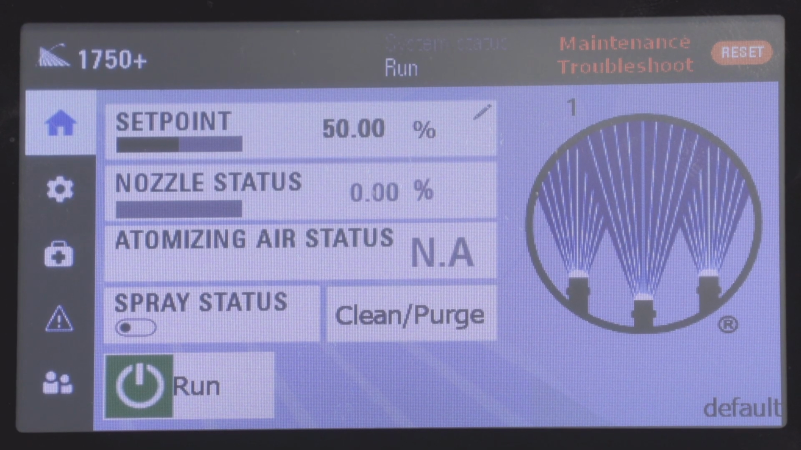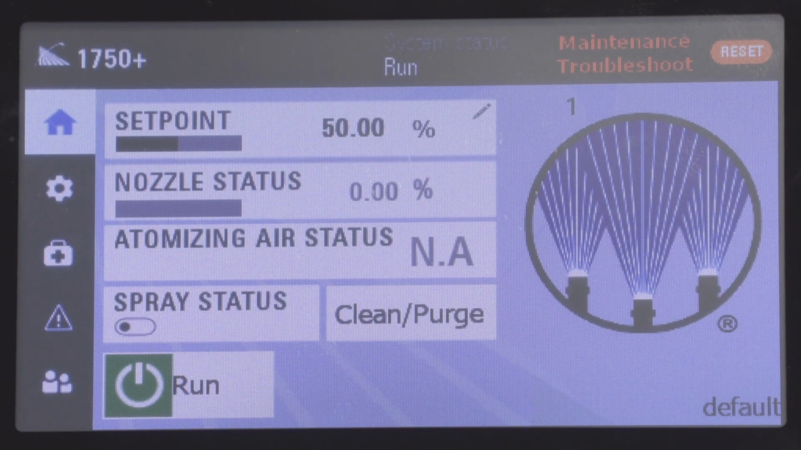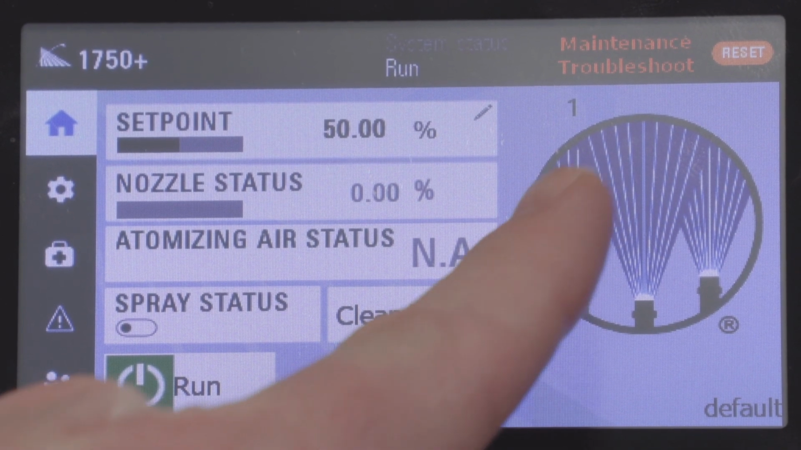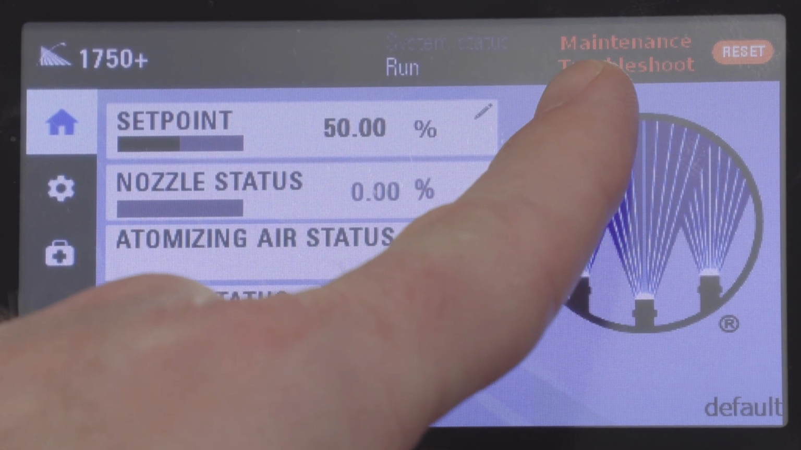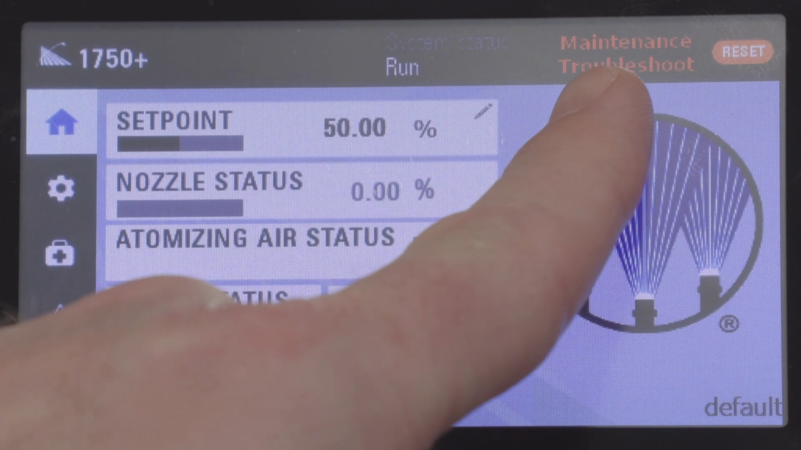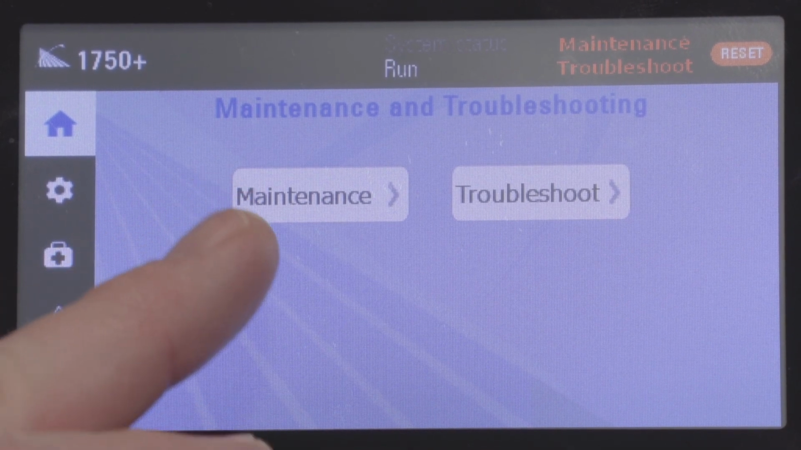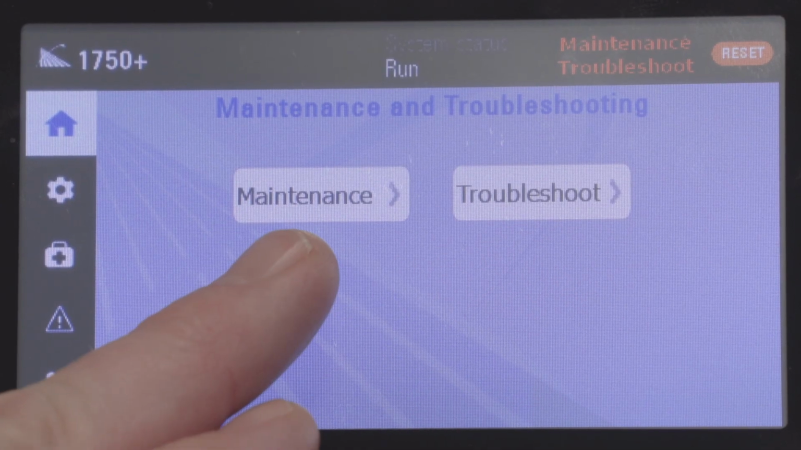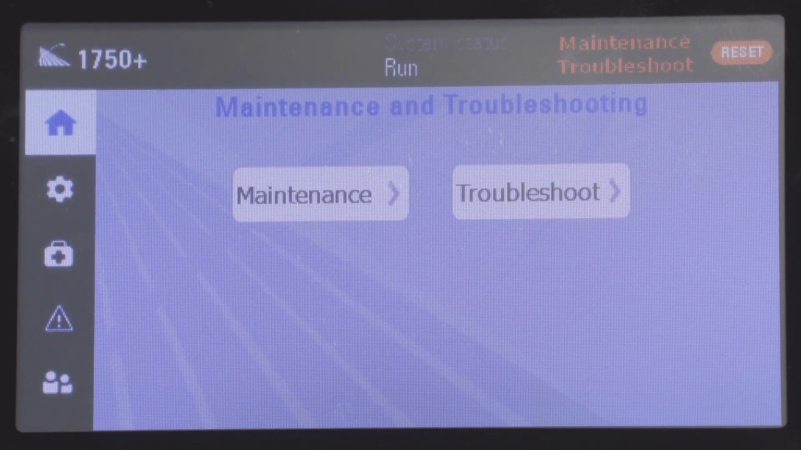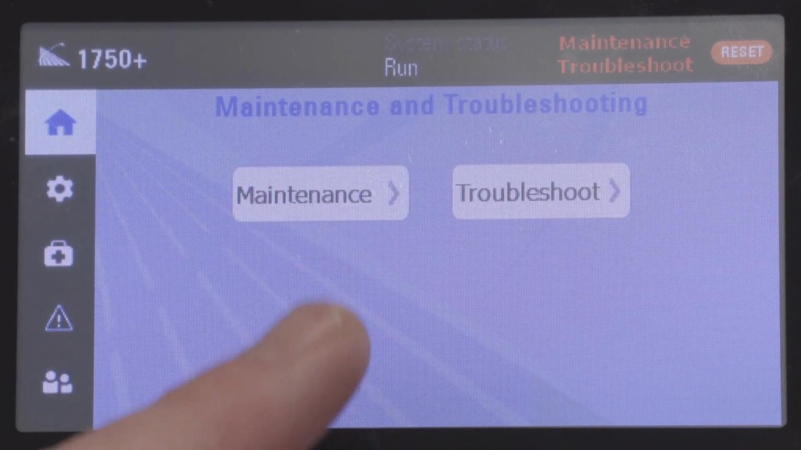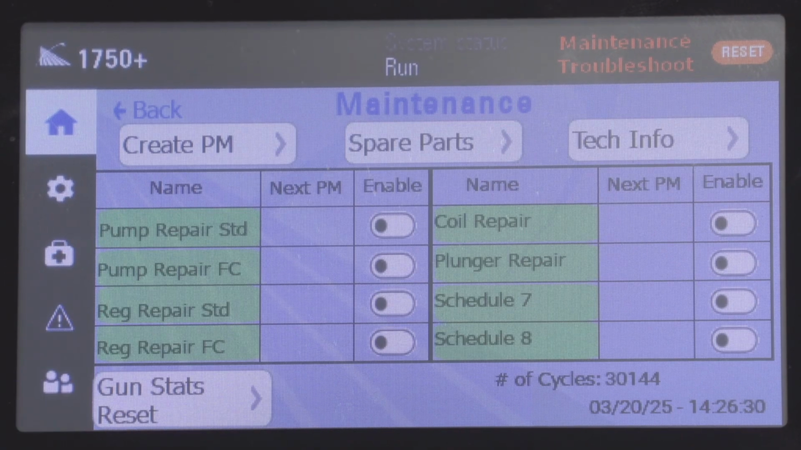Welcome to your 1750. Today we're going to cover your preventive maintenance settings in your 1750 controller. First, we're going to take a look up here in the top right corner, Maintenance and Troubleshooting. You're going to click right on that text and it will take you to this screen here where we have Maintenance and Troubleshooting. Today we're going to be focusing on the Maintenance section and we're going to click right on